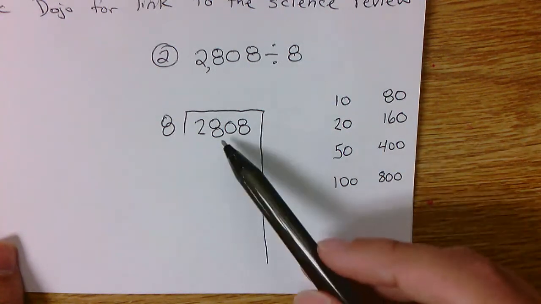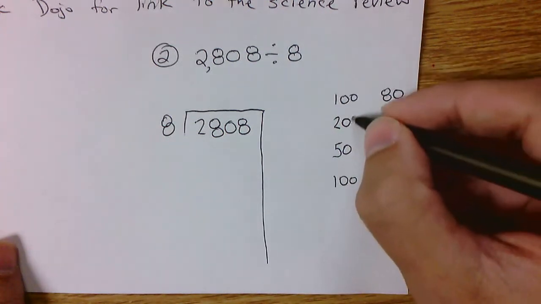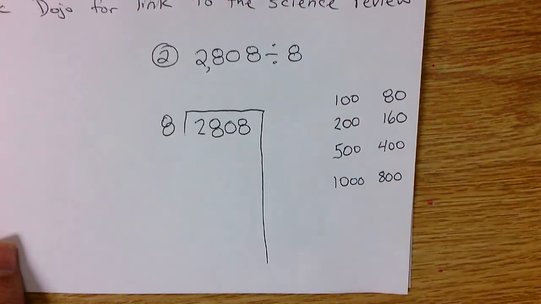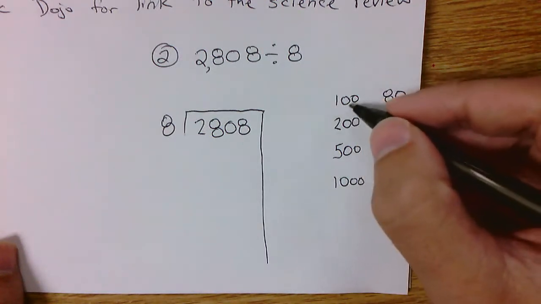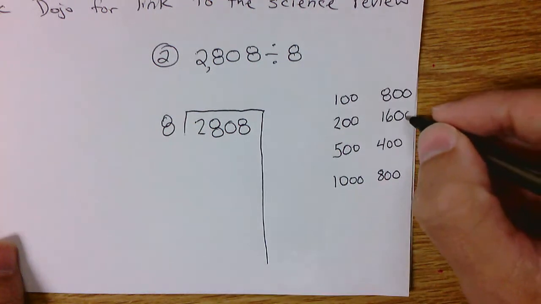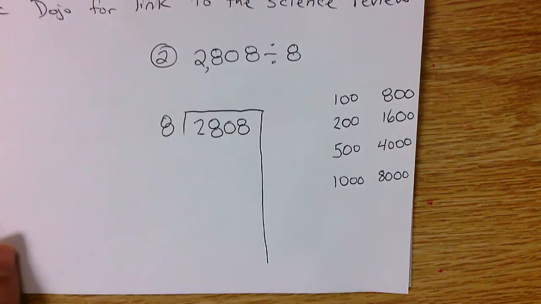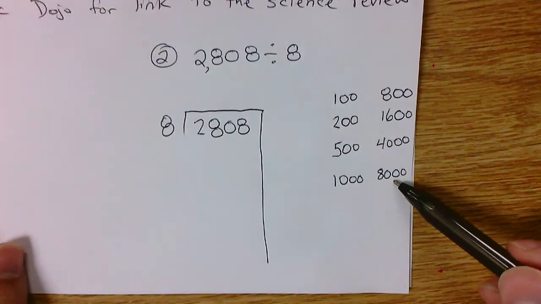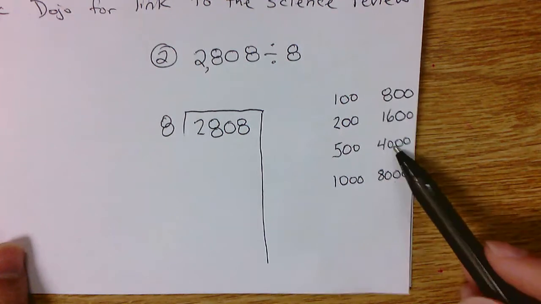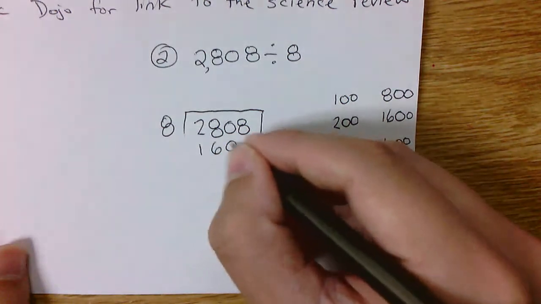So again, I could subtract out 800, but it's not necessarily close. So now I could change this to 100, 200, 500, and 1,000. So since this was 10, now it's 100. So this becomes 800, 1,600, 4,000, or 8,000. So what can I subtract out? Now I can't subtract out 8,000, can't subtract out 4,000, it's all too large, but I could subtract out 1,600,